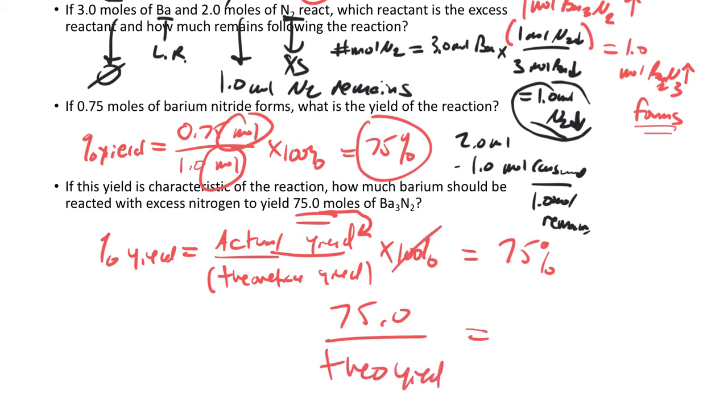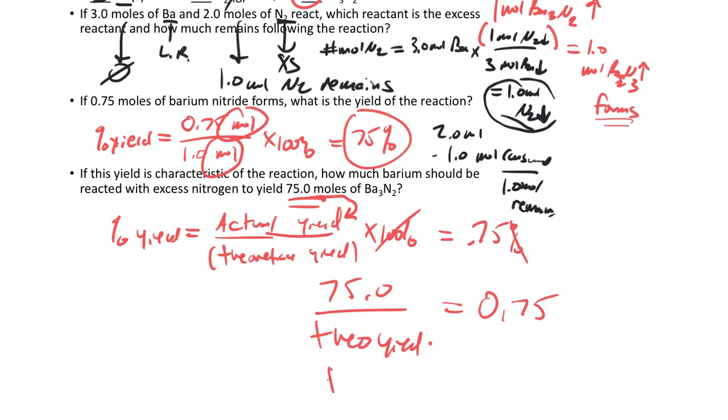I'm going to divide and change this into the fraction so I can get rid of the times 100% and the percentage. So 75 divided by the theoretical yield is equal to 0.75 in terms of the fraction of the ratio. So my theoretical yield, just doing some math, is going to be 75 divided by 0.75. So the theoretical yield of the product that we're shooting for